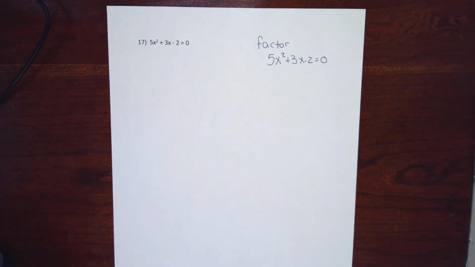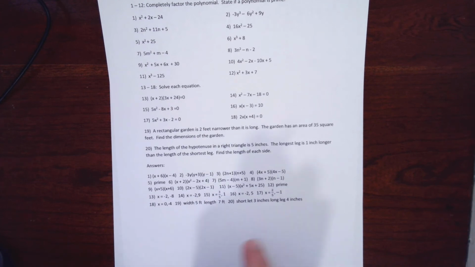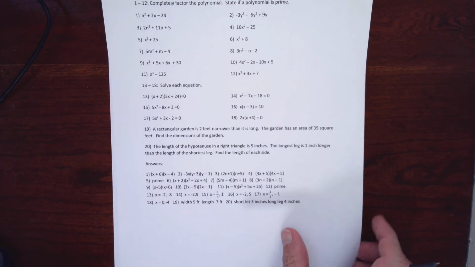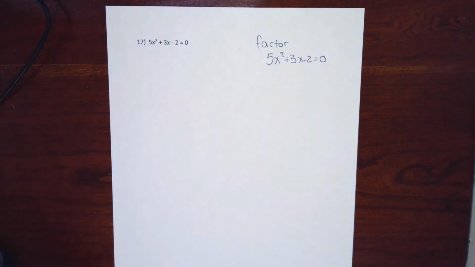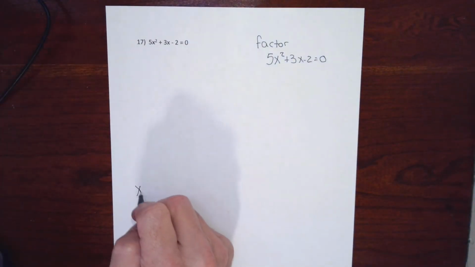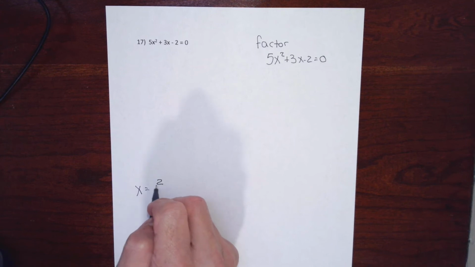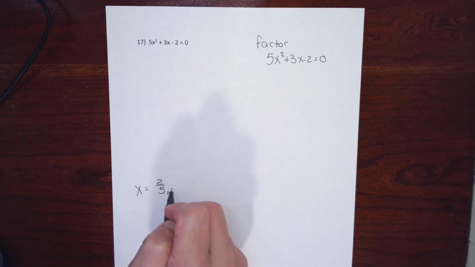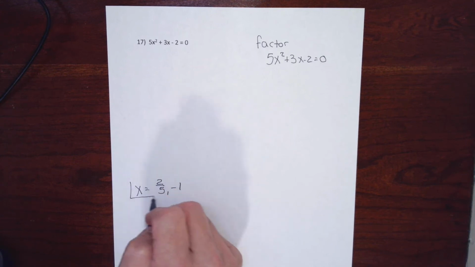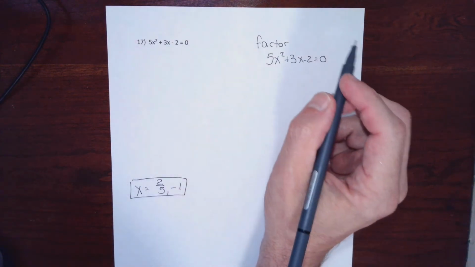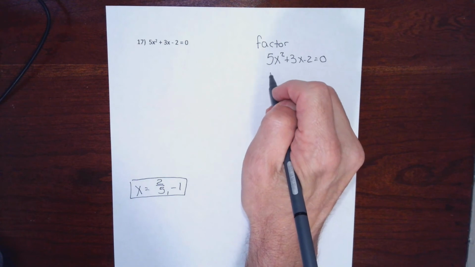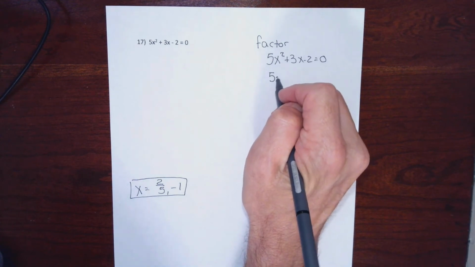As a matter of fact, if I looked at my answer for 17, I'm shooting for x equal 2/5 and x equal to -1 for my answer. Since it's there, I'm just going to write it down. If I had the answer available to me, I could go backwards and develop my work, but I'll pretend like I don't. I'm going to factor by grouping because of the 5 in front of the x squared,